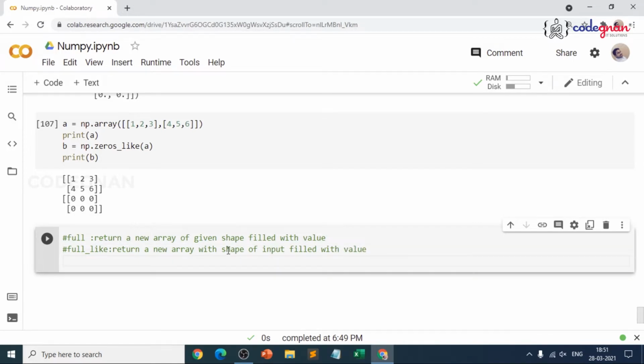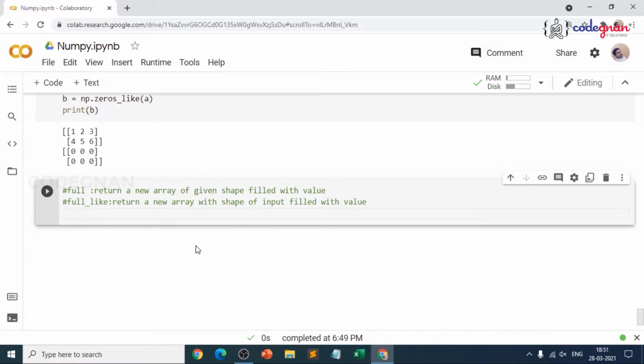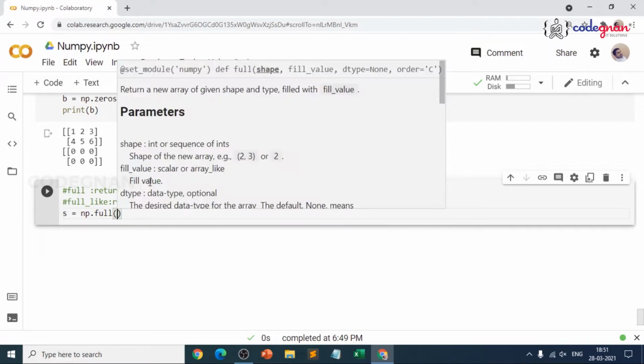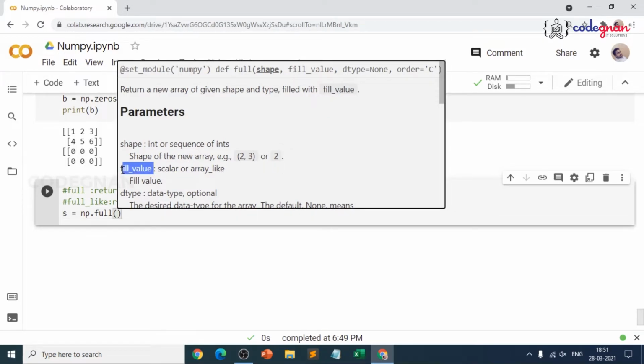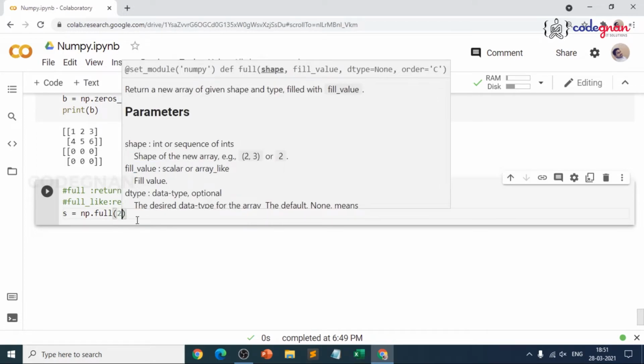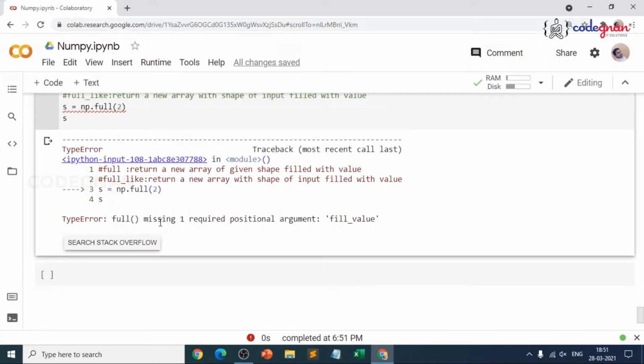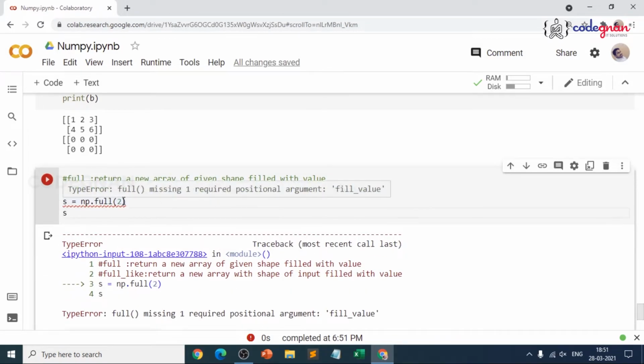So now what I'll do is, first let's work on what happens if we give full. When we gave np.zeros, it gave complete zeros. When we gave np.ones, it gave complete ones. Now let me try to give, take any variable, s is equal to np.full of. Whenever you write the function, see, it returns a new array of given shape and type filled with some fill value, whether it is 1 dimension or 2 dimension, we need to mention this fill value. Suppose if I give only 2 and I try to see the result, it will clearly throw an error. See, full function is missing one required positional argument, fill_value. You are not mentioning what is the value to be filled, right?